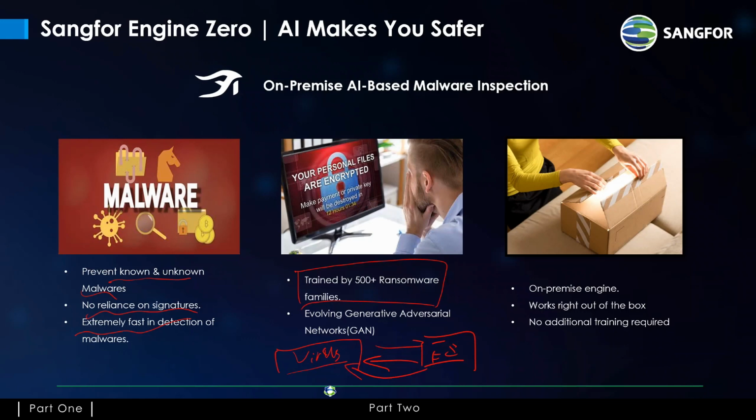So internally they compete with each other until the Engine 0 can grow stronger and stronger. So again, let's say the last point is Engine 0 works right out of the box. It's not really cloud reliance. Right now when you're talking about AI, it's usually cloud. You need to connect to the cloud. But for us, SANGFOR Engine 0 works on premise. It works right out of the box. When you deploy the box, it's working. It's not necessary to run extra learning or something. So it is extremely easy to use, and it works fast and works right away when you get a